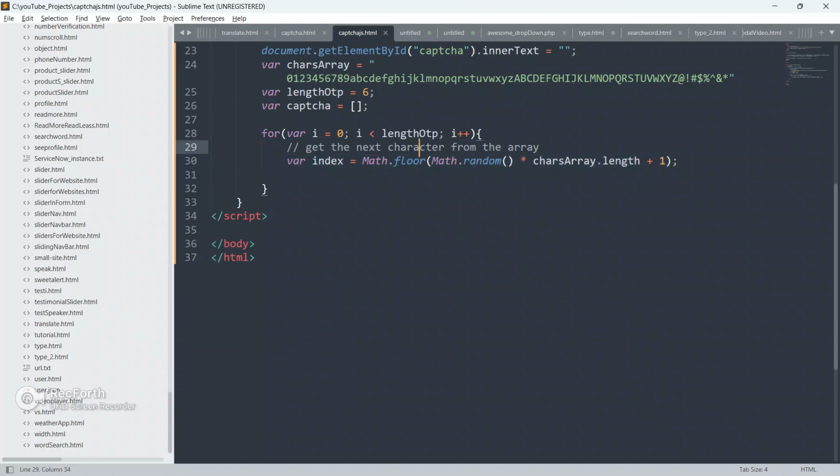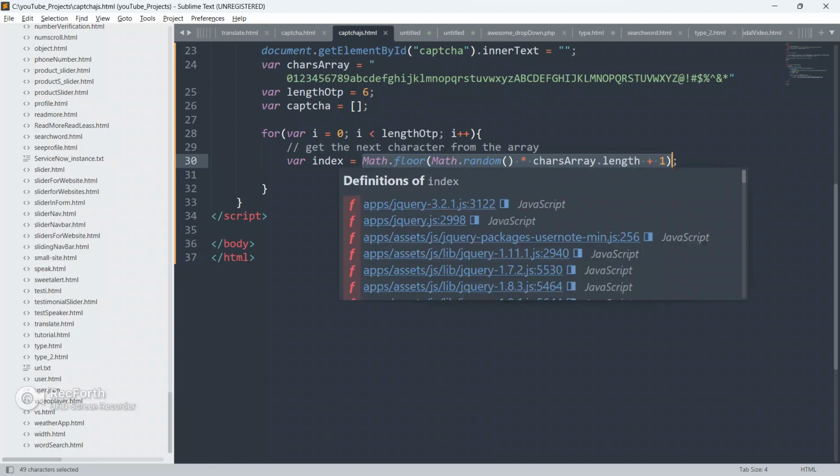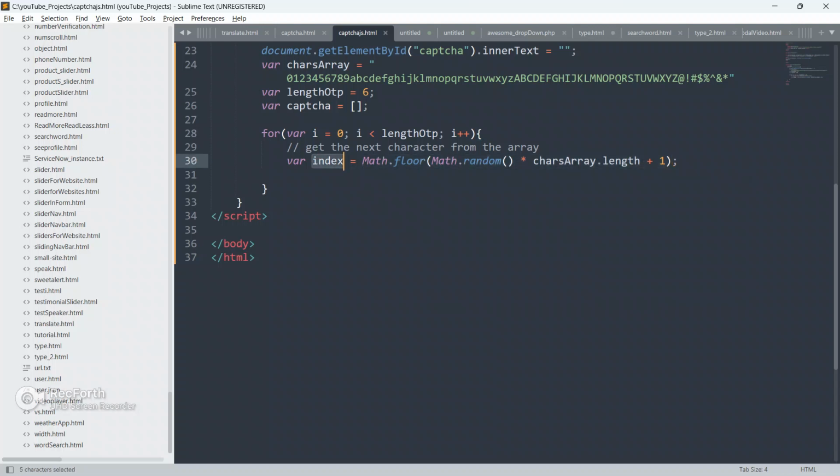We won't get a repeated number here, every time you will get a unique and different number from this chars array. From this chars array, we are going to get a new number and new string each and every time. And we are going to store this number and string inside the index. Up to what time, guys? Up to 6 times only. So always remember.